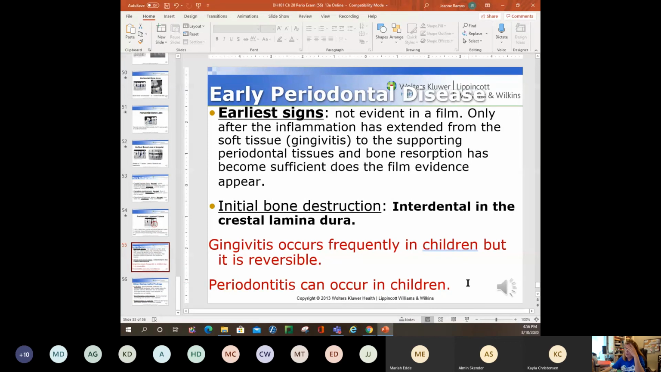Gingivitis occurs very frequently in children, but it is reversible. So it's not gone below the CEJ yet. It's all supra and above the gums. You can reverse that with proper home care in about 3 weeks, 21 days. Periodontitis, once you get to periodontitis and it goes below the gum,